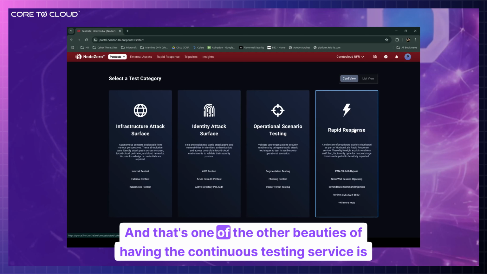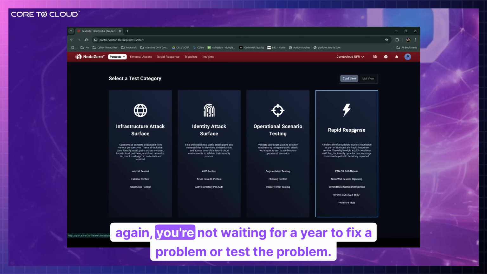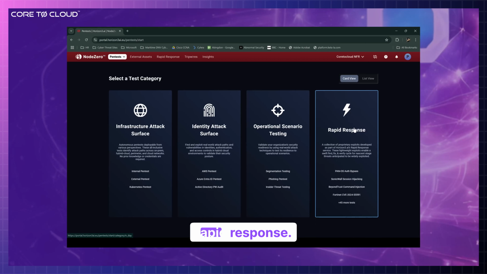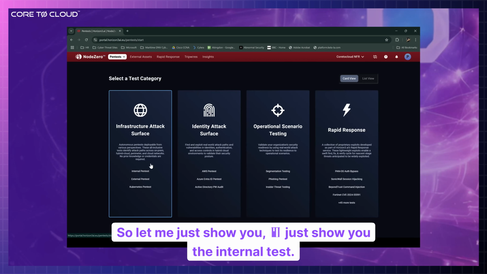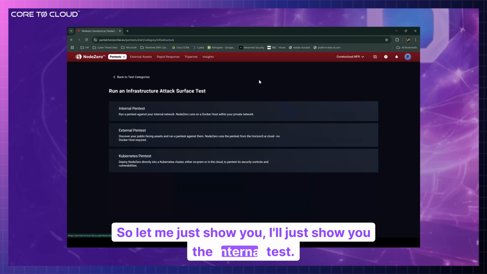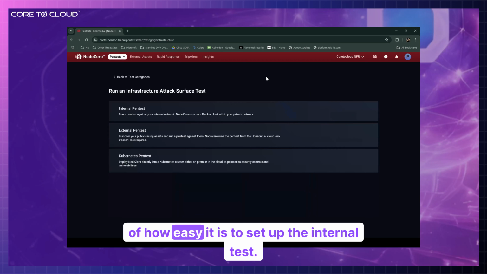day. And that's one of the other beauties of having the continuous testing service: you're not waiting for a year to fix a problem or test a problem. You can get it tested, you can get it fixed, and then you get it retested again with the rapid response. So let me just show you the internal test,